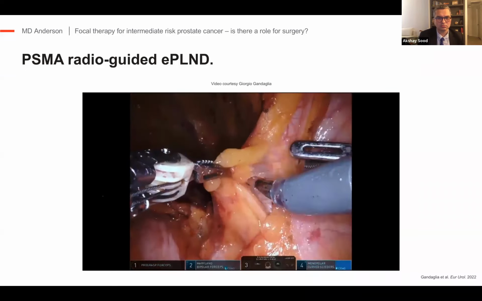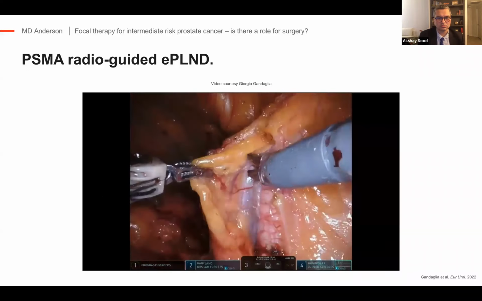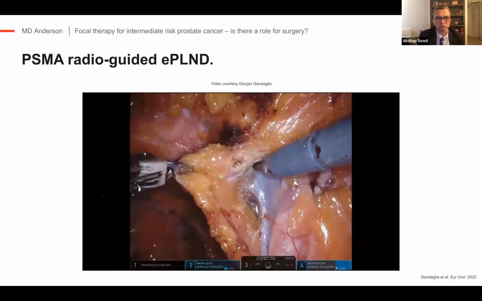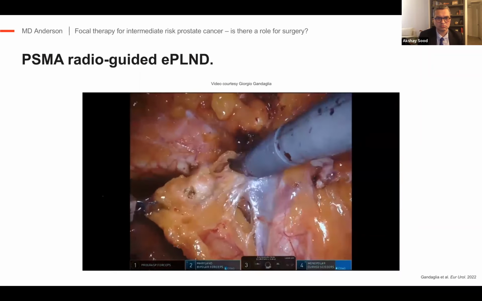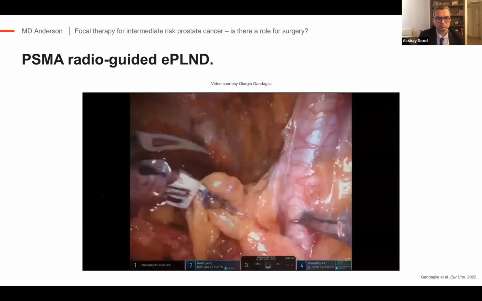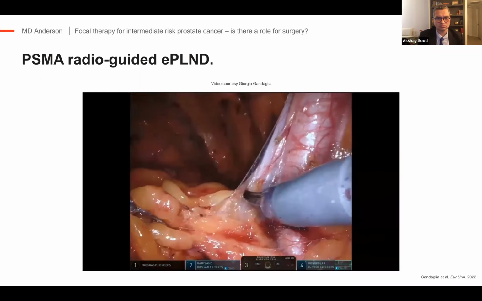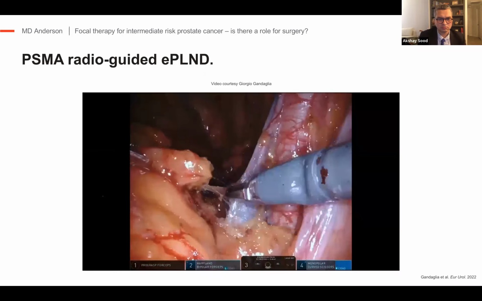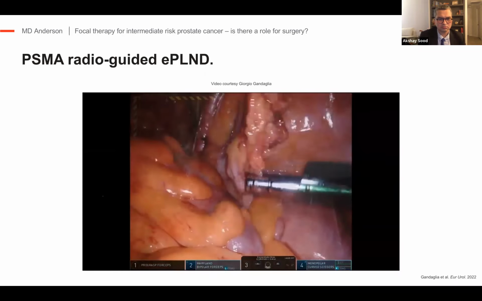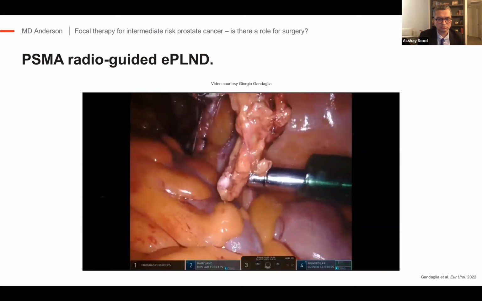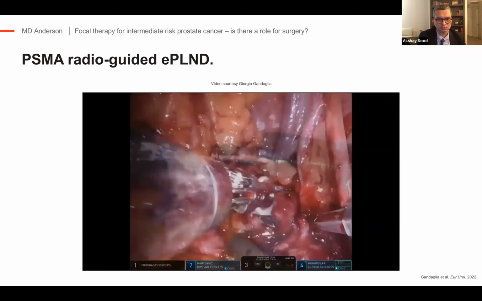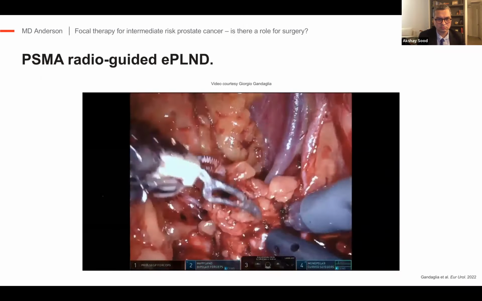A positive finding at PSMA radioguided surgery was defined as the presence of a count rate of at least twice as compared to the background reference noise. All positive lesions were excised. Fibrofatty tissue along the external iliac vein was dissected, the lateral limit being the genitofemoral nerve and the distal limit being the deep circumflex vein. Proximally, the extended pelvic lymph node dissection was performed up to the crossing between the ureter and the common iliac vessels. All fibrofatty tissue within the obturator fossa was removed.